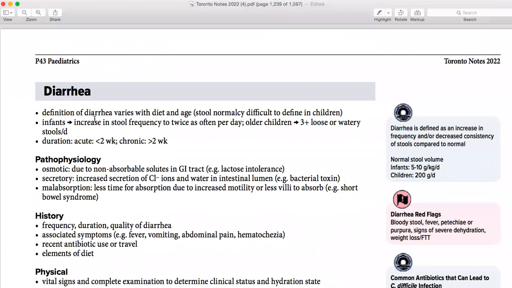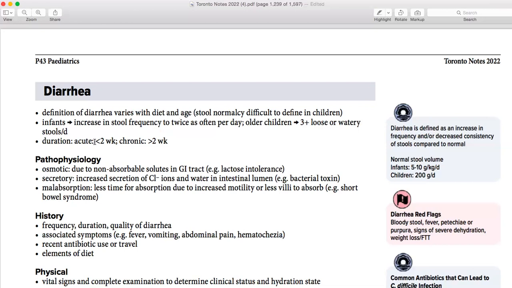Then comes diarrhea. The definition of diarrhea varies with the diet. If somebody is coming with a loose stool, you cannot just label it as diarrhea unless they give you a normal presentation. What was normal, and how is it loose now? If the baby is already doing 5 or 6 times and now is presenting with 7 times, it's totally fine. Having one up and down is okay. But if he was having 5 times and now he's having 10 times, this is not normal. So you need to know according to the age, the diet, and everything, how the stool is presenting. On the basis of that, you can label it as diarrhea.